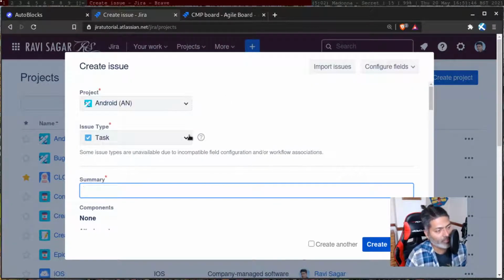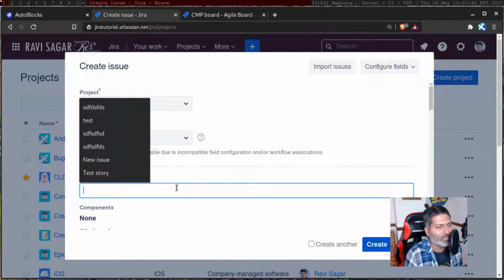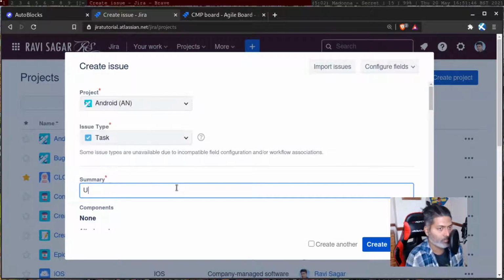And the way it works right now is that you have to configure a webhook, and the webhook will be looking for any issue created event. So it could be in any Jira project. Maybe I want to create the issue in the Android project, for example, if there is some urgent